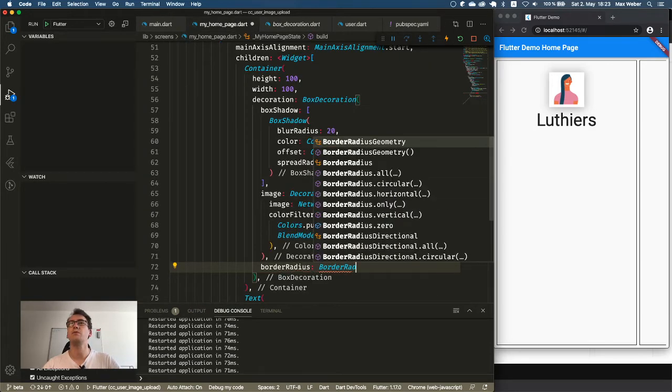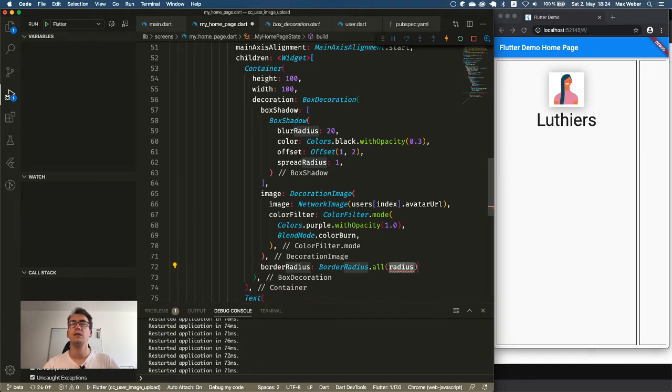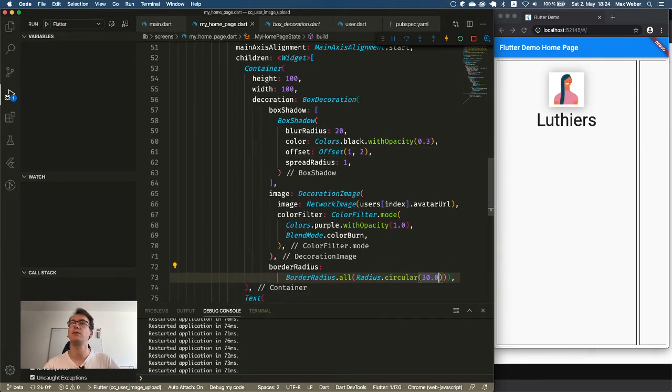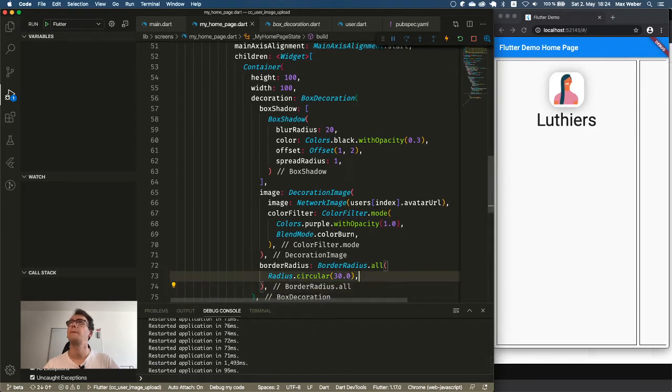So again, BorderRadius.all, and then Radius.circular, and then the size that we want. I give it 30. Let's see. It makes really weird cuttings on top of here, like a clipping or something. 100. Wow.